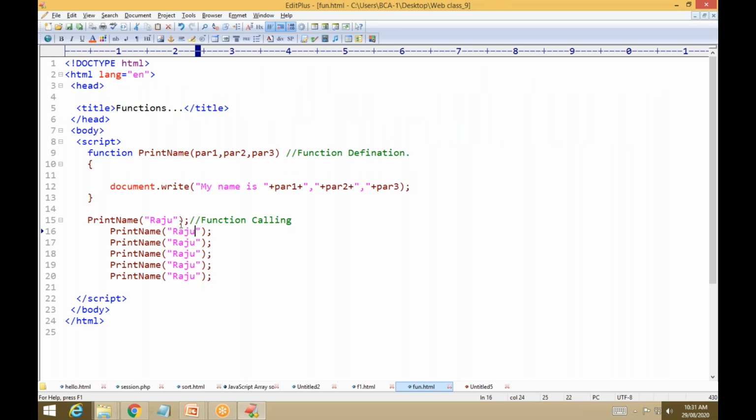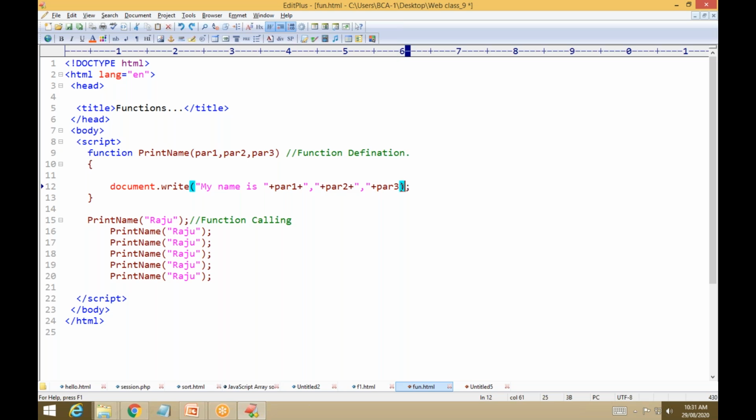So if you want to print a break line, just give the br, okay, not here, sorry, here, br slash. So just copy this, cut this one, here you have to print, because that gives a new line.